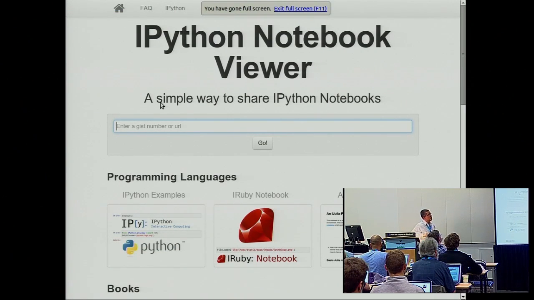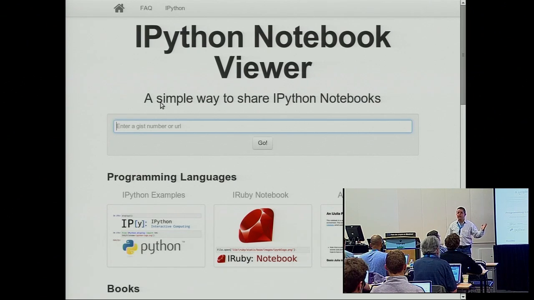And what nbviewer provides is a service to share notebooks. So you write a notebook, and you want to show it to your colleague who doesn't have IPython installed, and you don't want your colleague to have to install IPython because they may say, that's annoying and I don't like it and I don't want to deal with it, but I just want to see what you did. So as long as you're willing to put that notebook somewhere on the public internet, anywhere, it could be a temporary URL hidden on your website, as long as it's findable on the public internet,